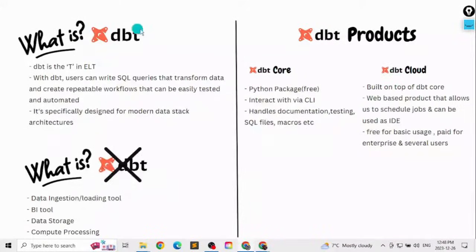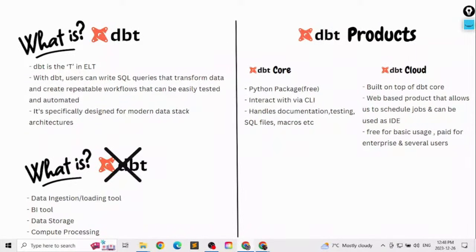Today we're going to talk about dbt, which is short for Data Build Tool. In the world of data warehousing and analytics, we are familiar with the ETL and ELT processes. Both of them are responsible for data extraction, transformation, and loading the data into the data warehouse. dbt is part of ELT, and dbt is the T in there, which means it takes care of the transformation